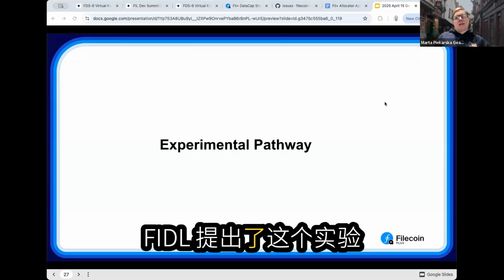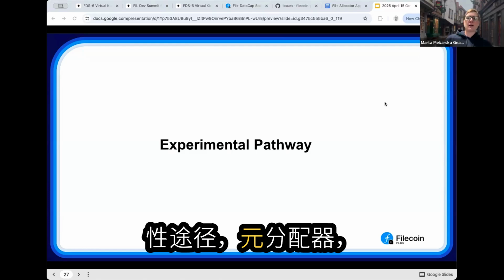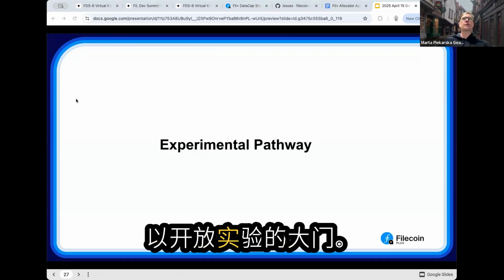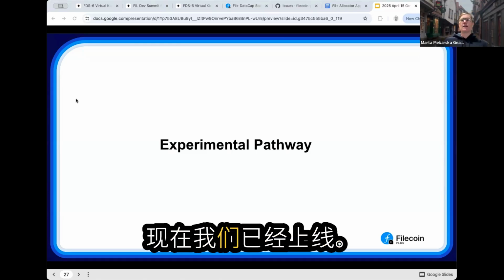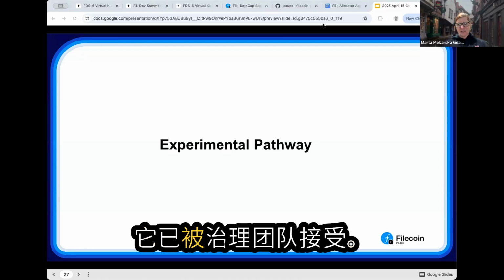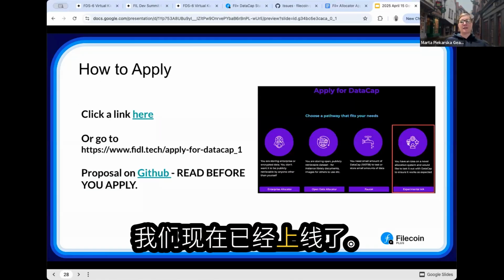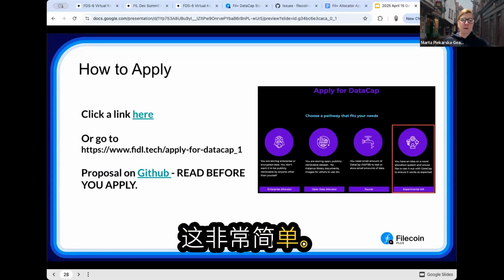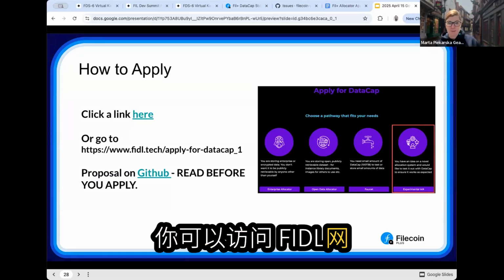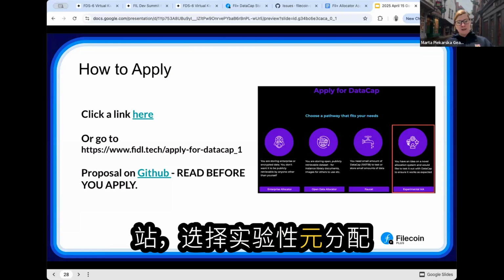FIDL proposed this experimental pathway meta allocator to open up the doors for experimentation. And now we are live. It was accepted by the governance team and we are now live. It's very simple. You can go to the FIDL website and choose the experimental meta allocator as the way to apply